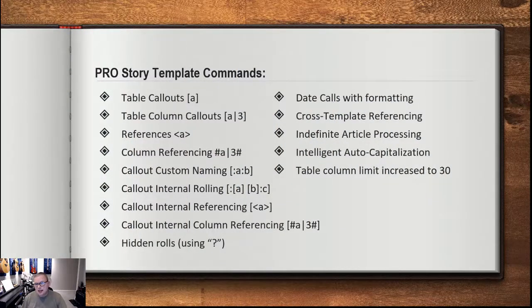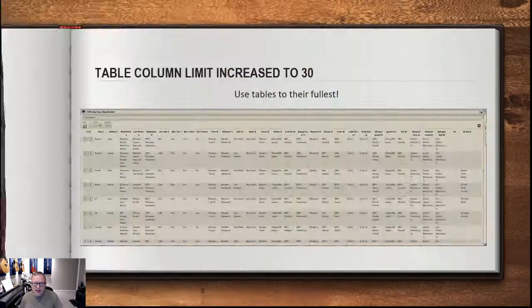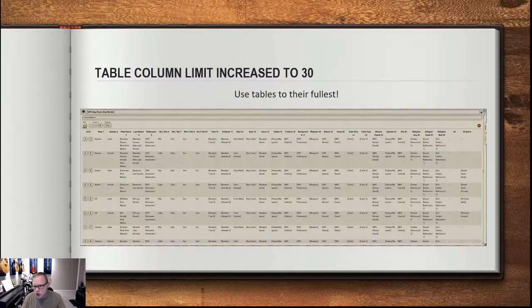And the very last thing, the table column limit is 30 now. It used to be 20. And the reason why this is so important is because now that we've got column referencing, you can reap benefits from giant columned tables. So this is an example, and I understand that it's shrunk for this presentation, so it's tough to read. But here I've got an NPC table, and the first column is race, second column gender, first name, last name, nickname, he or she,